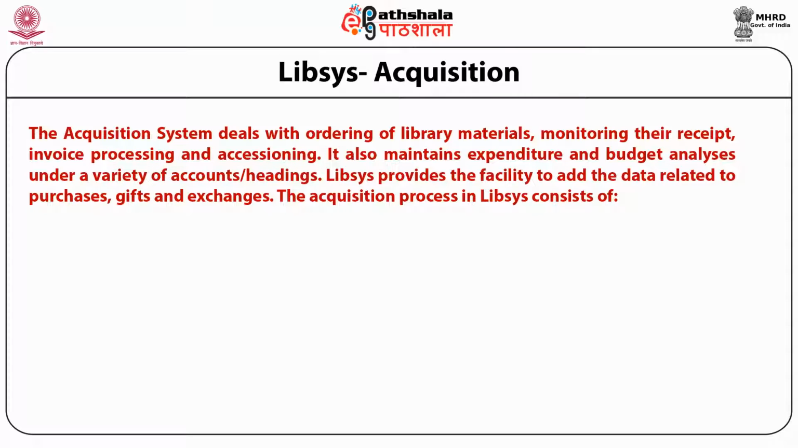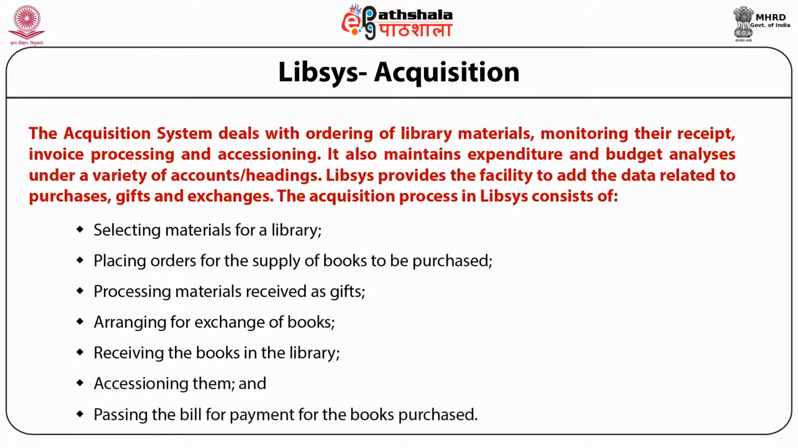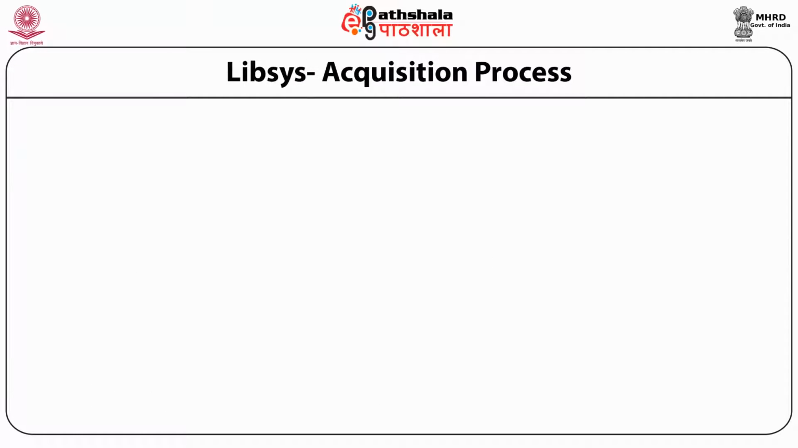The acquisition process in Libsys consists of selecting materials, placing orders, arranging exchange of books, receiving books, accessioning them, and billing and invoice processing of these books. The acquisition process starts by entering a title in the system with available bibliographic and procurement data and